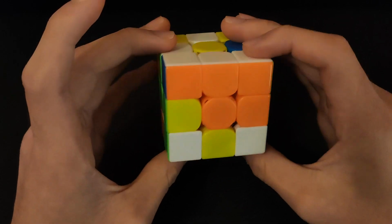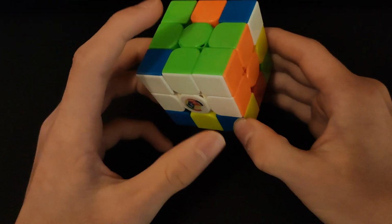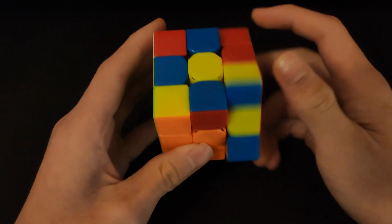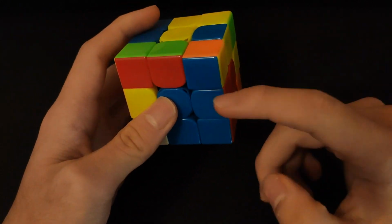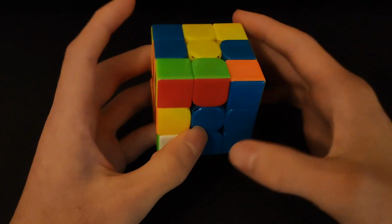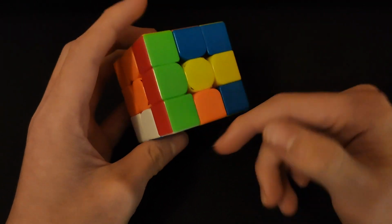And then we can do an L2 to solve the green edge in first, and then an F2 to solve this 2x2x2 block. Then we just solve this blue edge. And that gives us a free pair, so we just rotate over. Then we can do F, R, U, F prime again, and to pair the back right pair up, we can do a U move before doing the F move, as that'll match the pair up,